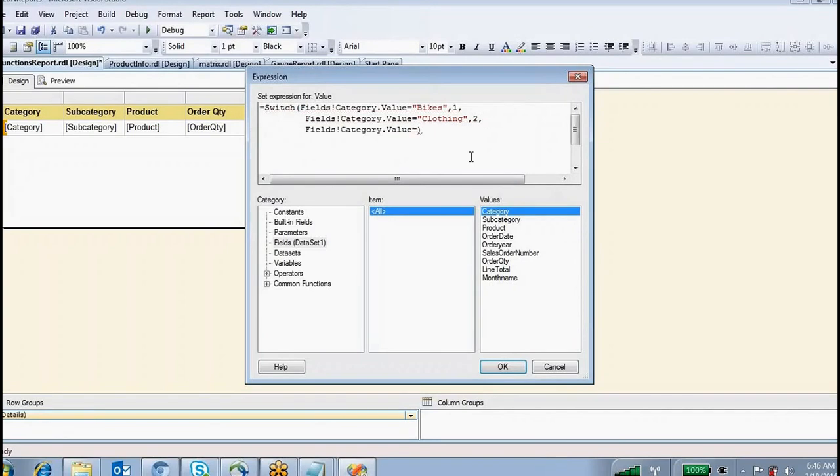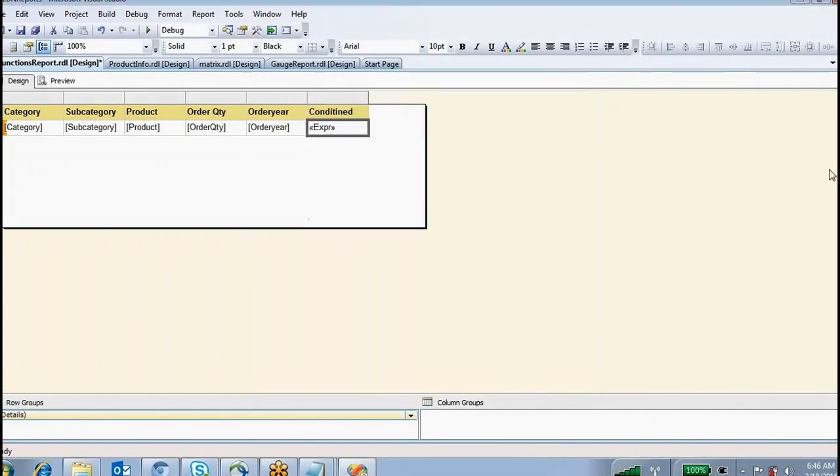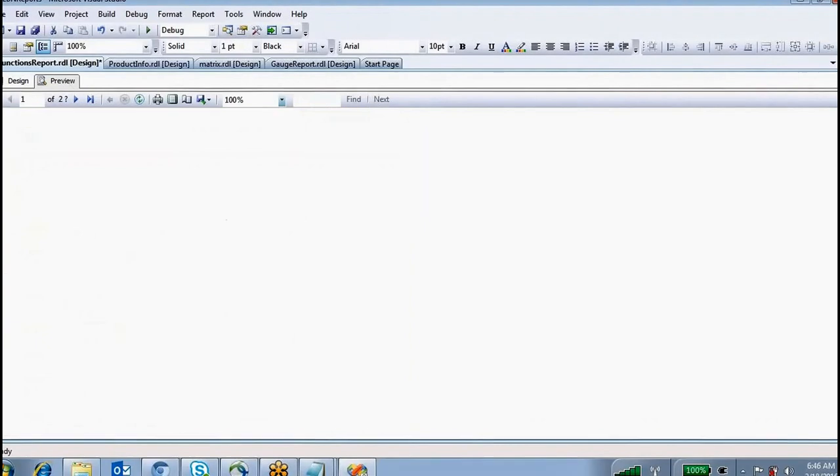Equal to components, 3. Like clothing, components. The next one is accessories, 4. Okay, click OK. If you're previewing this one,